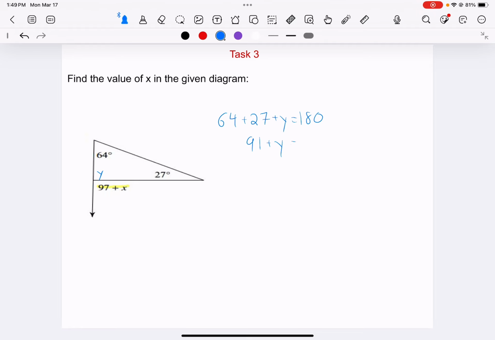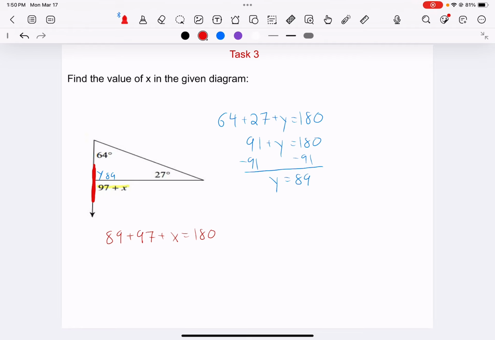When I combine like terms, 91 plus y equals 180. Subtract 91 from both sides, and I'm left with y is equal to 89. Now, where my x is and this 89, they form a straight line, so they're supplementary angles. So I know that 89 plus 97 plus x equals